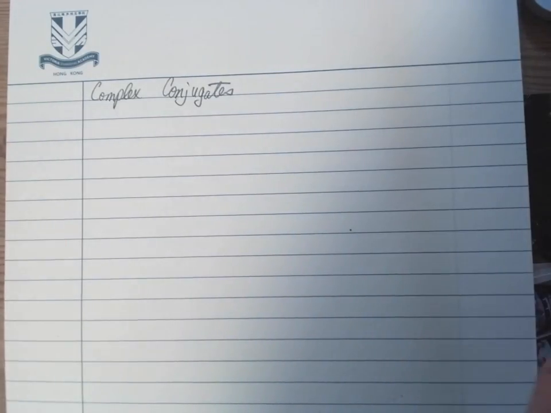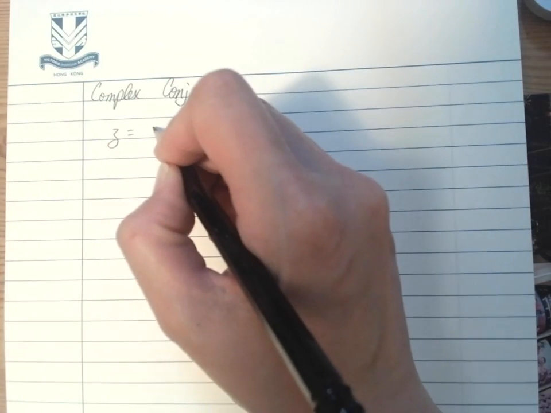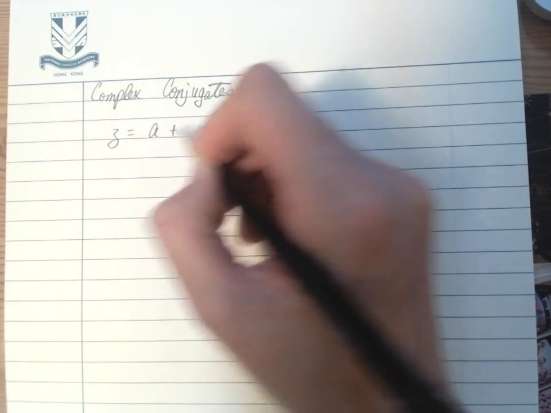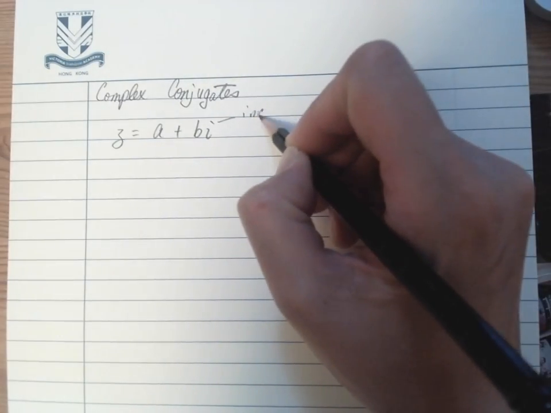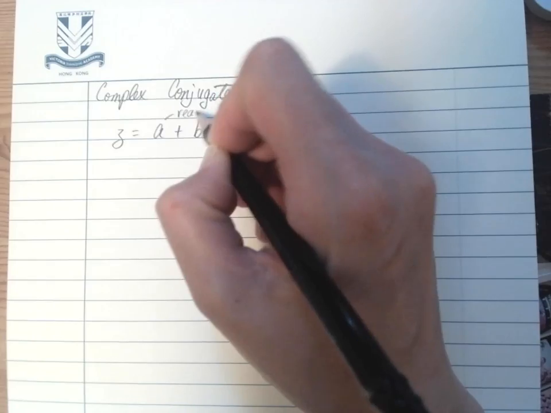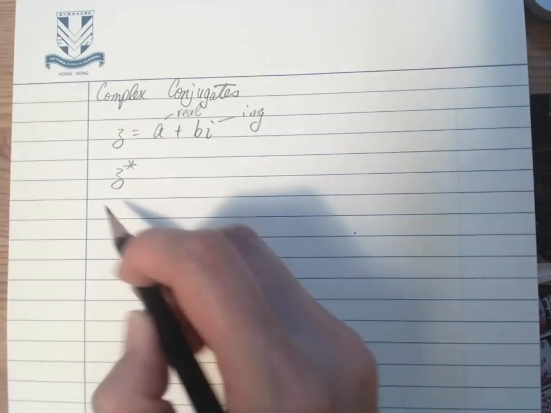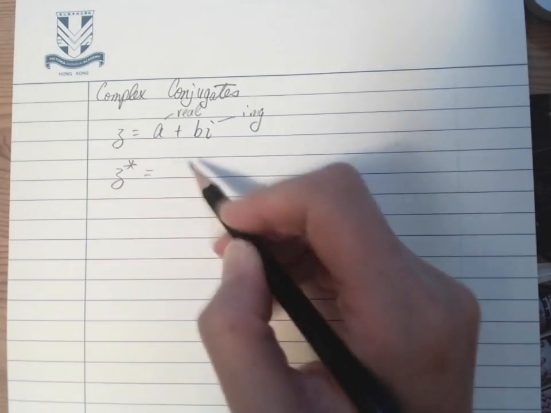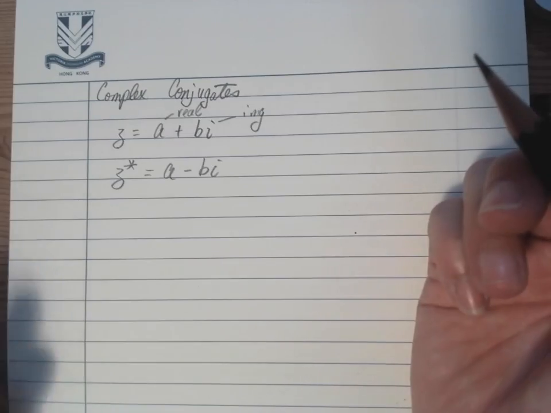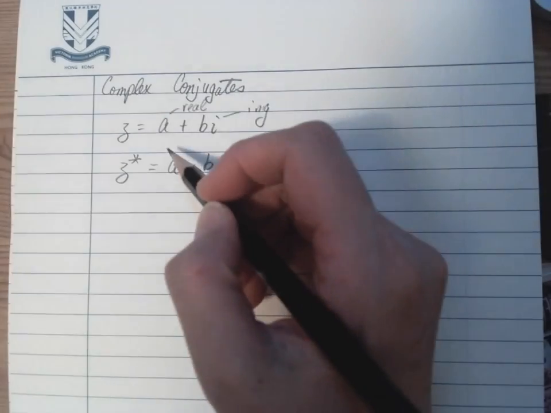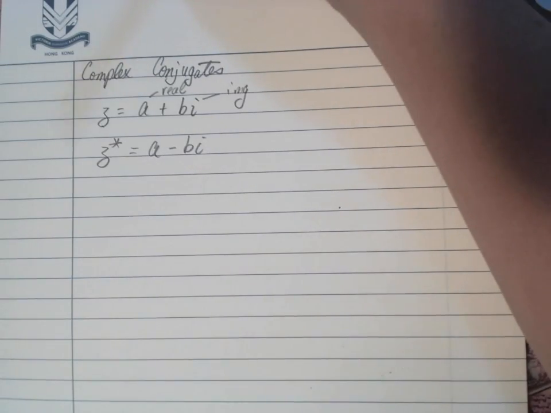Complex conjugate. So if you're given a complex number, say z equals a plus bi, and we know that this is imaginary and this is real, which makes this a complex number. Therefore, the conjugate, which we write as z star, we call it conjugate, is a minus bi. The theory is that easy, but then to use that, we will be further elaborated with other information, which is